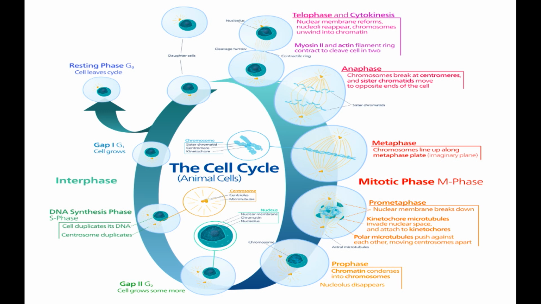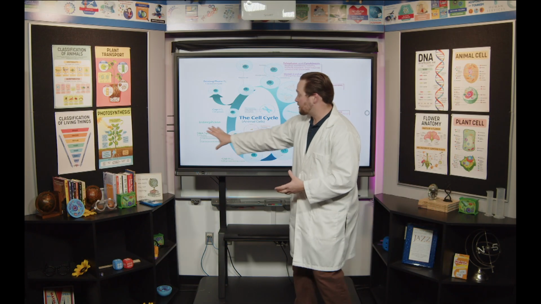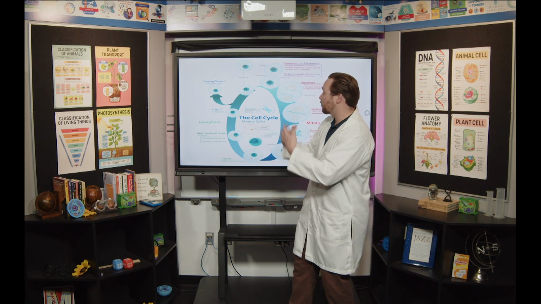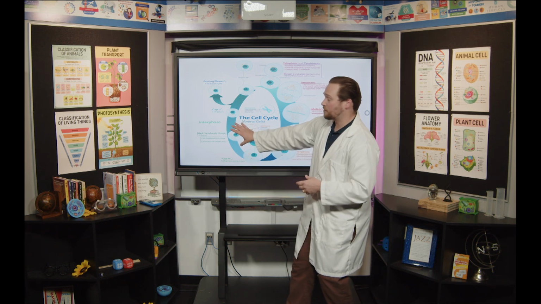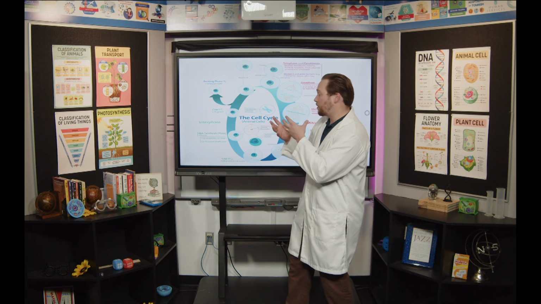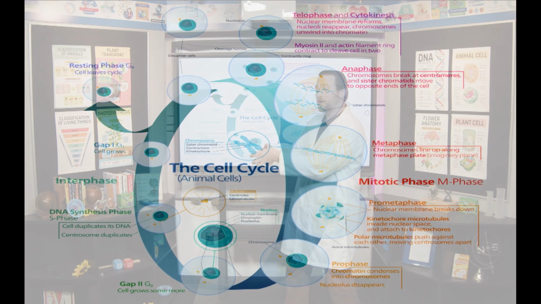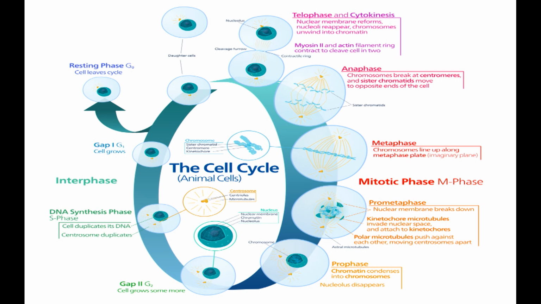So this is the G1 phase. This is when the cell is growing and getting larger. Then you go down a little bit. Right here, this is the synthesis phase, or the S phase. We're doubling all of our DNA here. This is the longest part of interphase. Remember that when doubling our DNA, we want to make sure that it's right, and so that's a very lengthy process to make sure our DNA is correct.